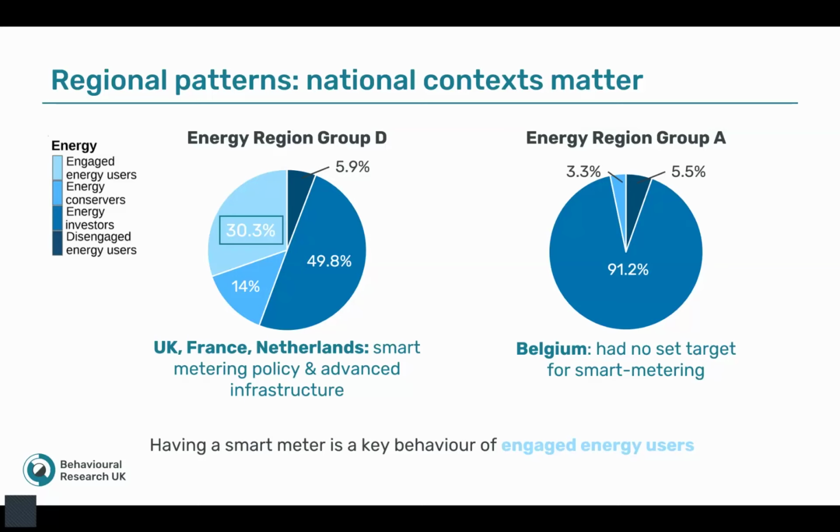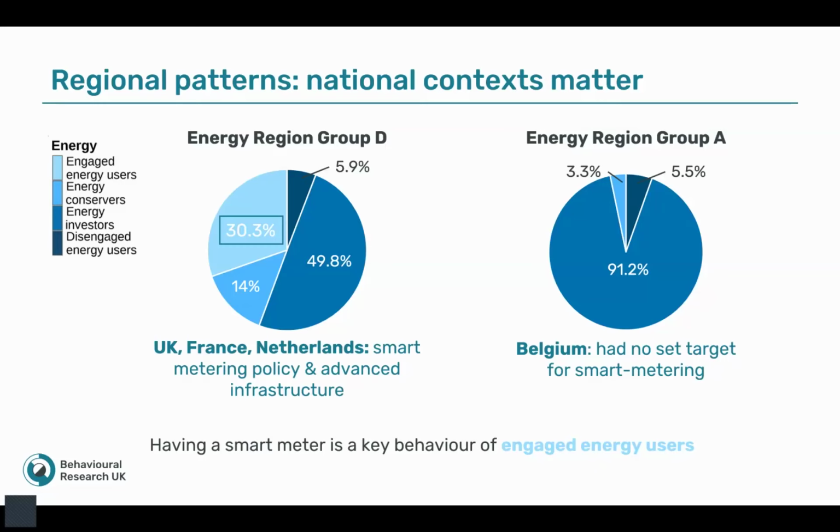In this energy example, we found 4 region groups of energy population segment makeup. We call them region group A, B, C, and D. Here you can see the visualization of region group D and region group A. Having smart meters is a key defining behavior of our most sustainable energy segments, which is called engaged energy users. What we found is that the cross-country differences are aligned with the policy differences